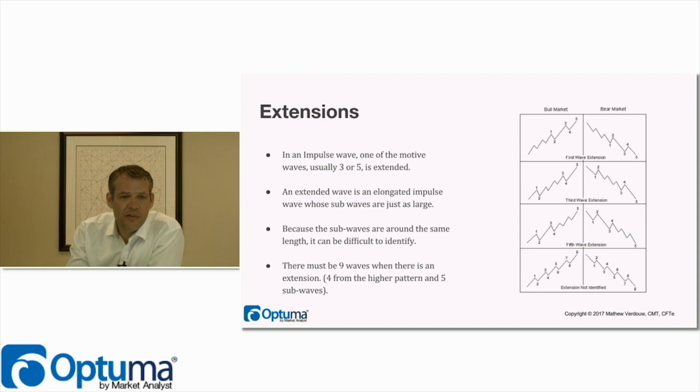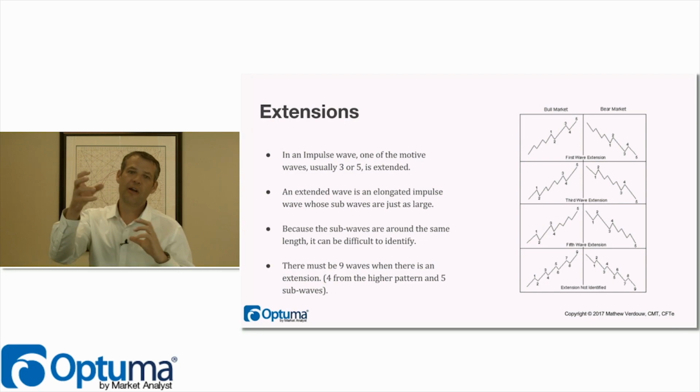So if you have a look at these examples here, you can see that we've got the waves going up. In this case, we've got what we would call a first wave extension. It can be really difficult to identify this. If you really do want to get into Elliott, the key is to always look for wave 3. In that sequence, you're looking for what is the biggest single wave that I can see. Gaps are a fantastic way of identifying. Typically, we talked about measuring gaps before. You are going to see that gap in wave 3. The biggest impulse move is what you want to look for,